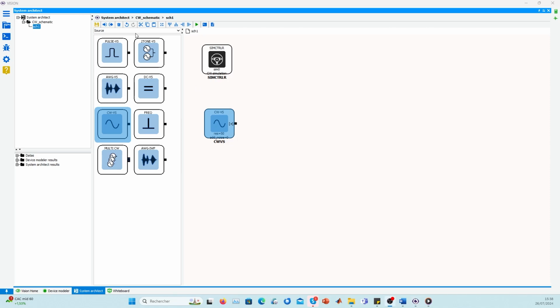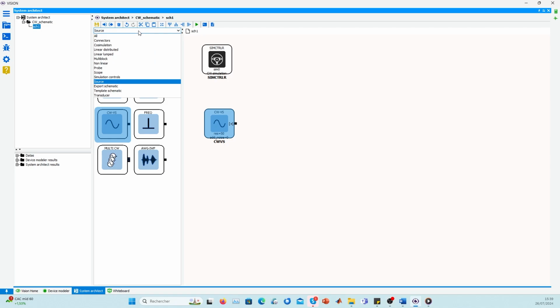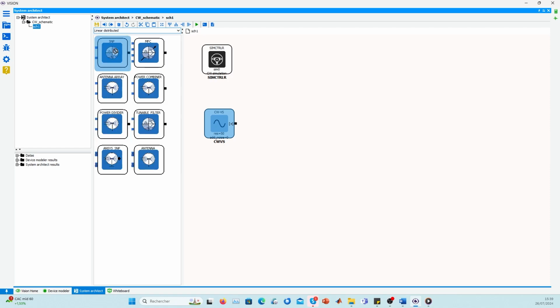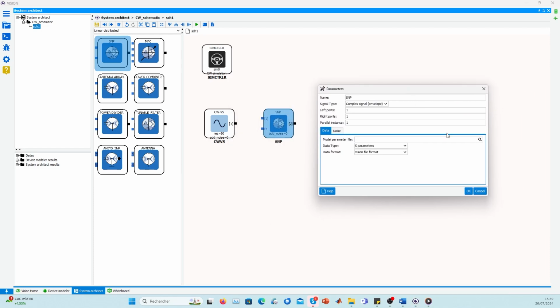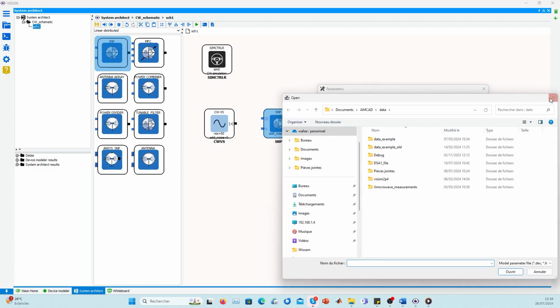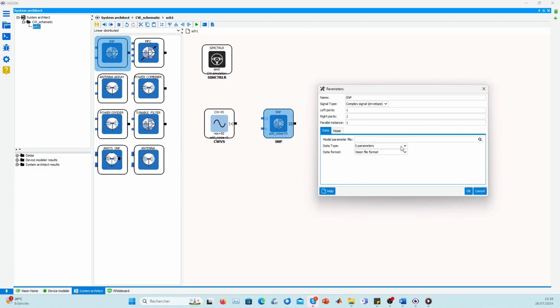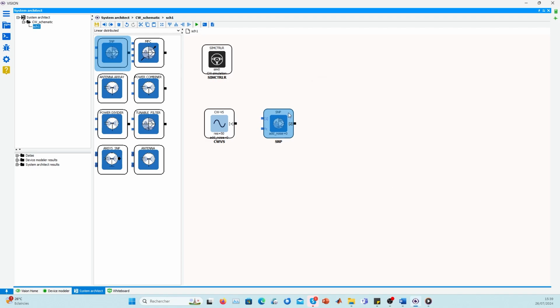Then, when it comes to the S-parameter blocks, we have two choices. It's either we go to the linear distributed, slide the S-parameter block and double click on it, then parameterize it by choosing the file here, clicking on the loop, and choosing S-parameter. Or we have another choice, which is to go directly here and click